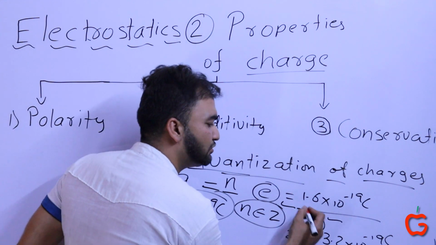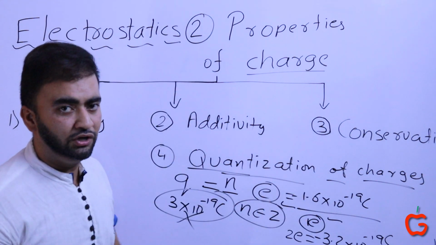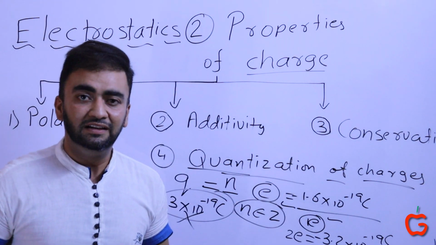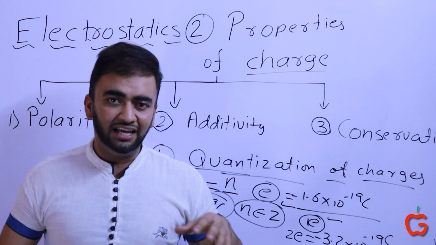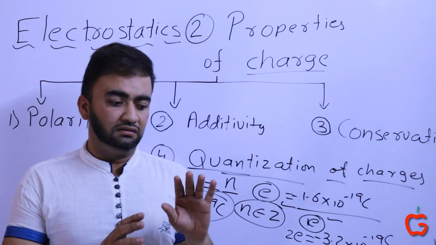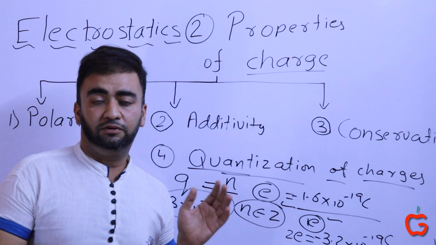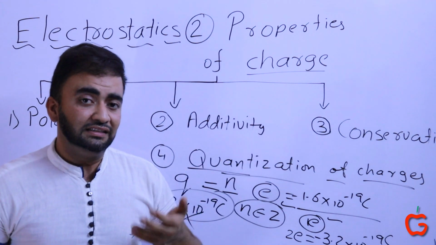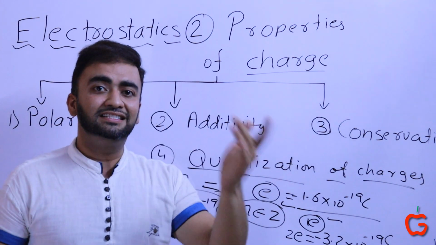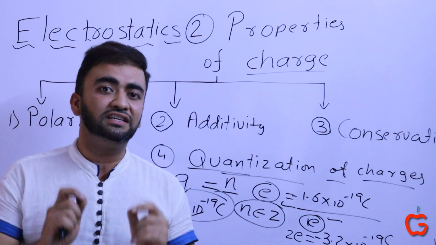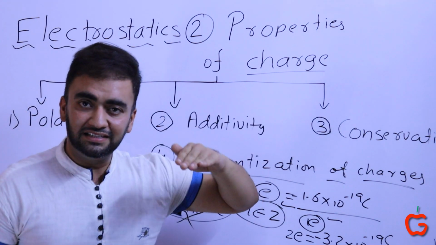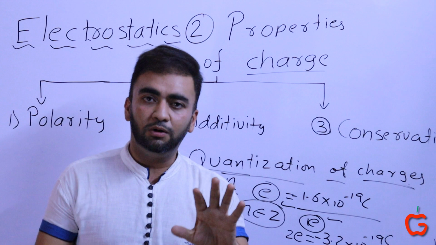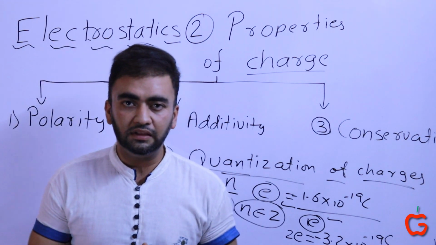These can be negative also, plus or minus 1.6, 3.2, minus 4.8. These values are possible. So the problem is not that humans are incapable of calculating or finding out the continuation of charges. The thing is that it does not exist. It's against the very basics of nature. So there are no continuous charges. There are charges in steps of e itself. So this is all about quantization of charges.